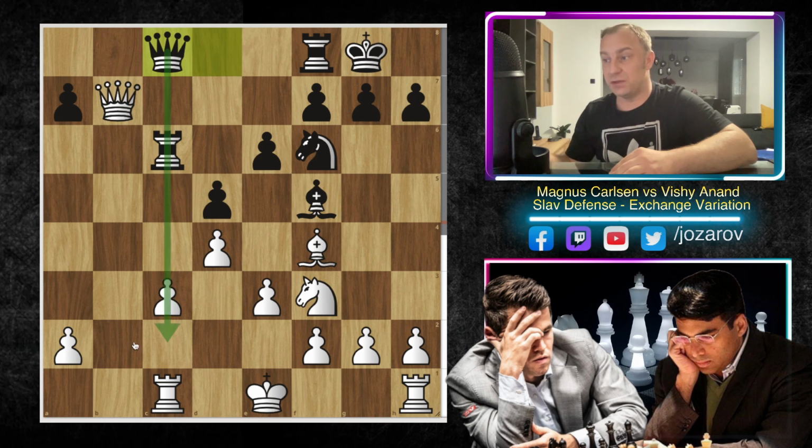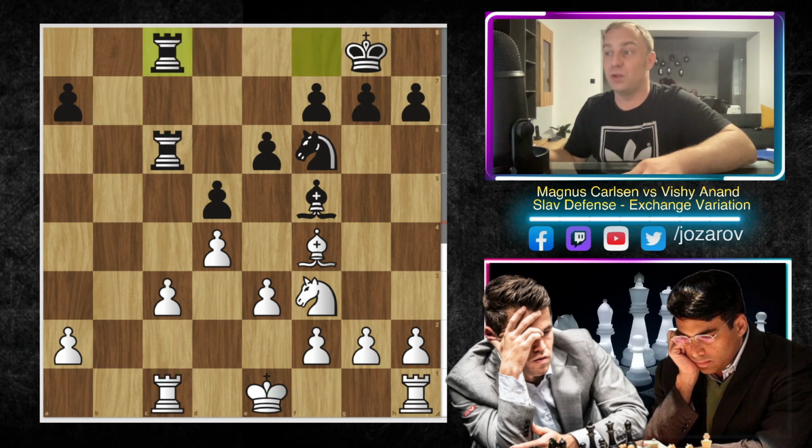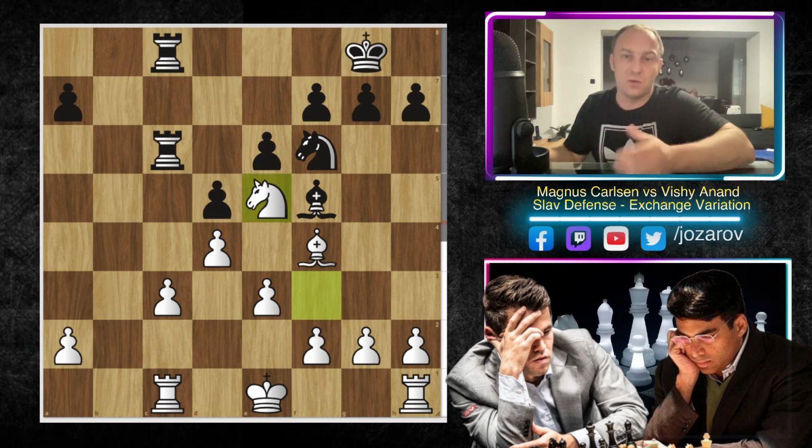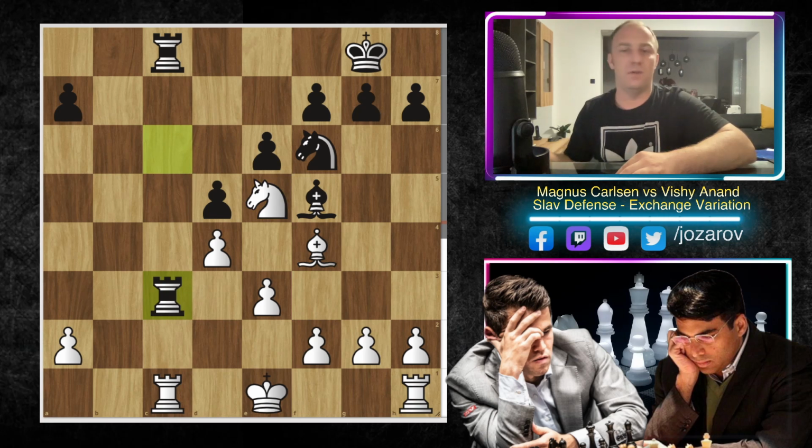Now he gets use of his c-file attack. You see the king has not castled so far. The king is not secure, so that's why here Magnus simply took queen takes e8, rook takes e8, and now after move knight to e5, Magnus Carlsen cements of course the knight on a centralized square. Now Vishy has time of course to take out this pawn here, and it's now an equal game because the